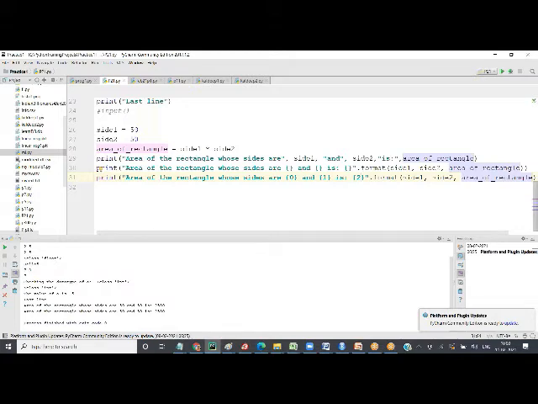This line 31 is the same as line 30. In line 30, we did not give the index. In line 31, we are giving the index.